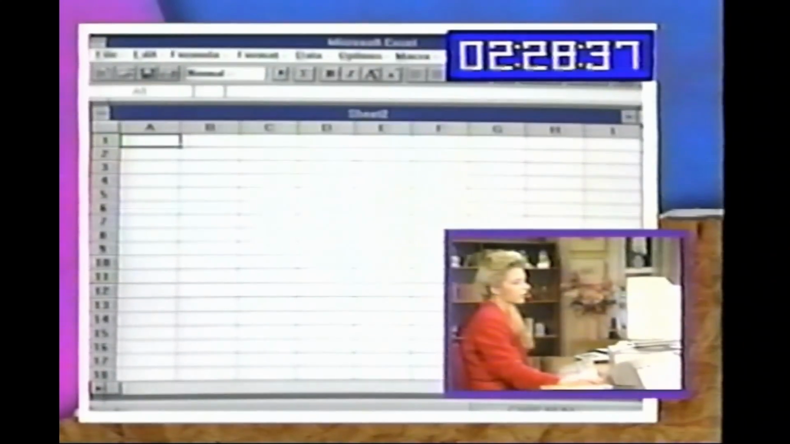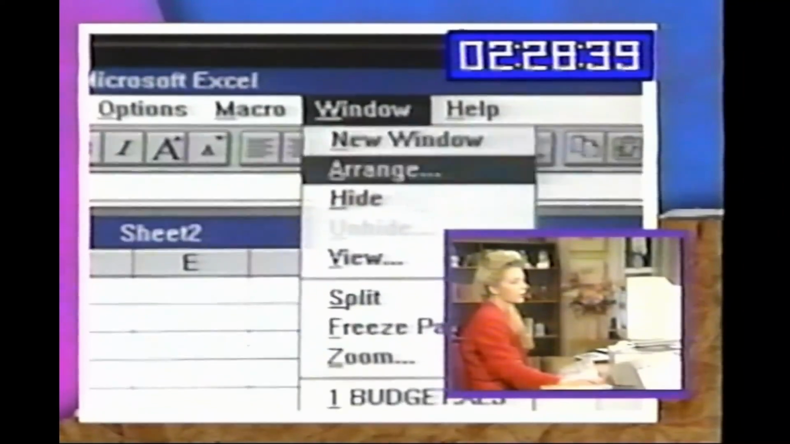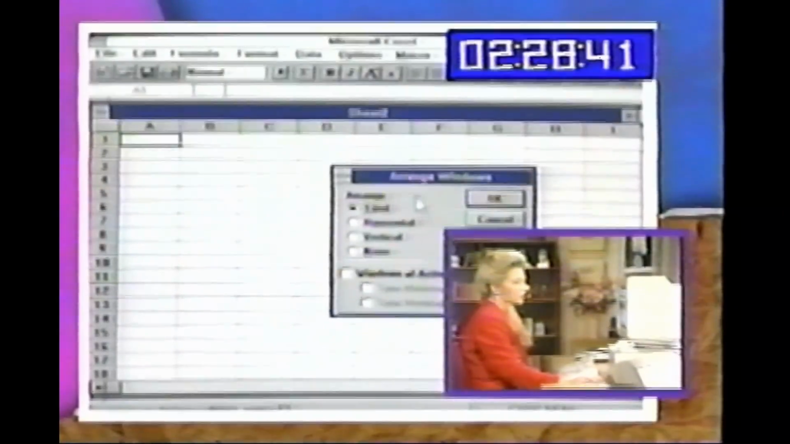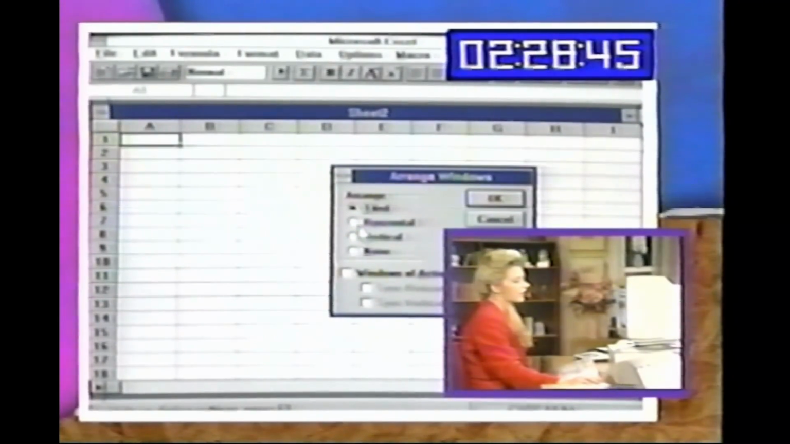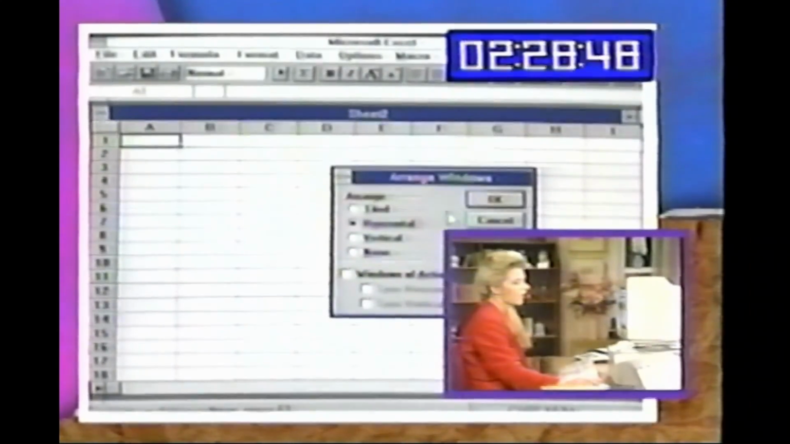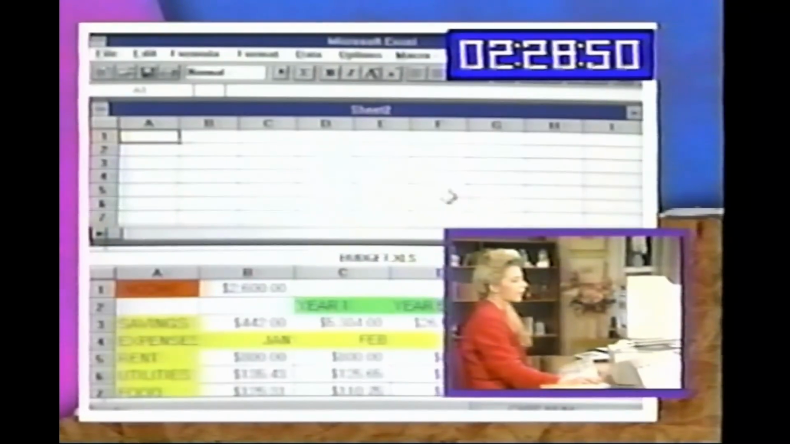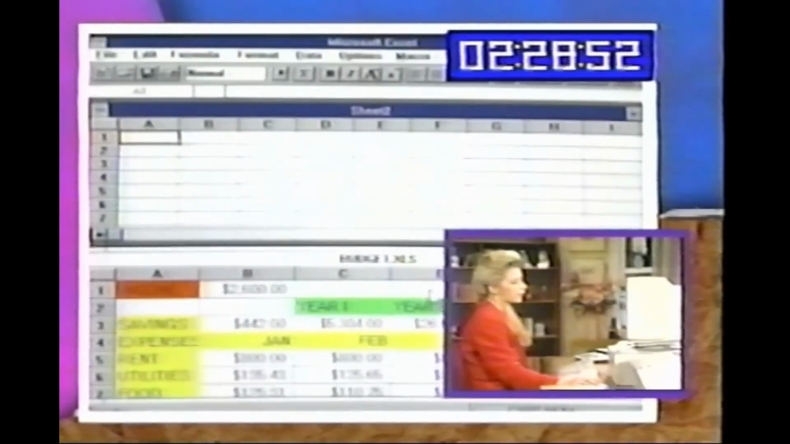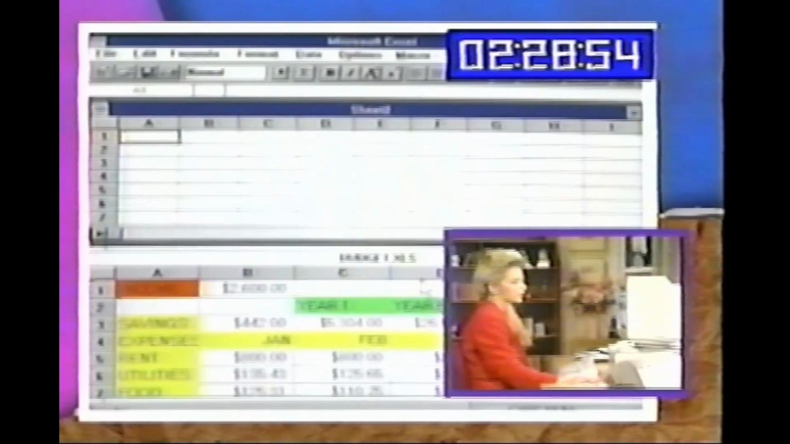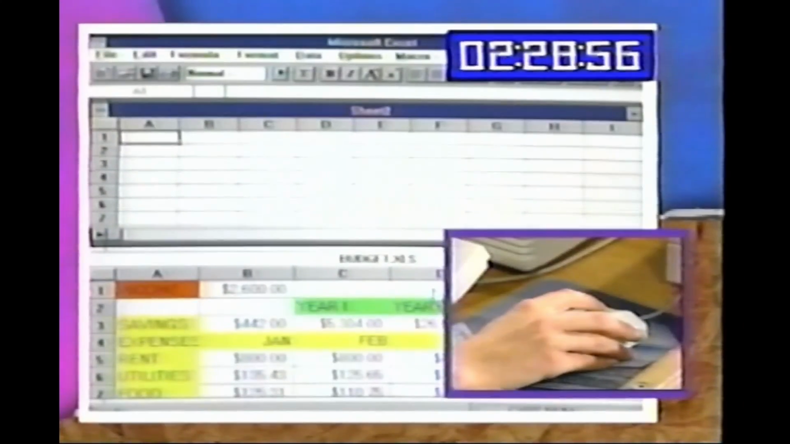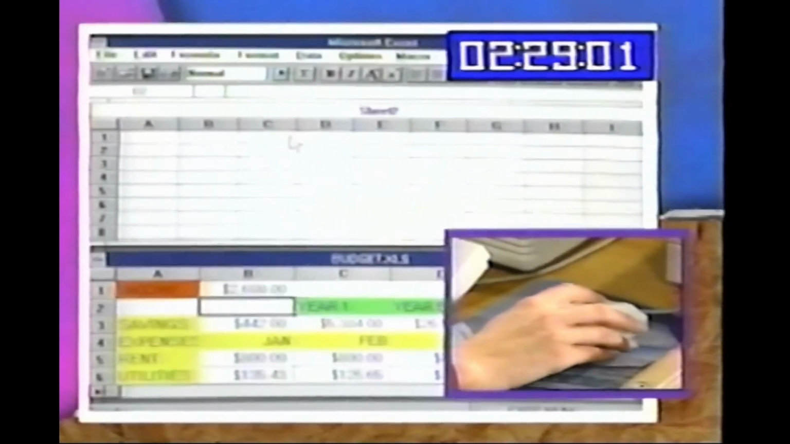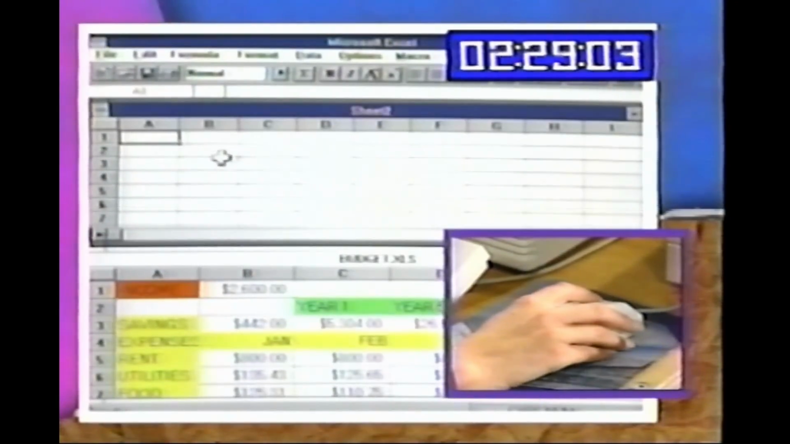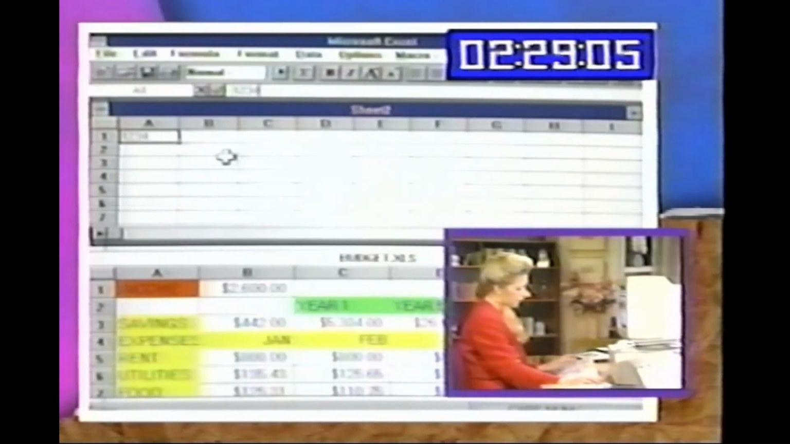Just point and click on Window, point and click on Arrange, and I arrange the 2 worksheets in one window. I like to see them horizontally, so I'll point and click on Horizontal, point and click on OK, and there's our 2 worksheets. Here's the one that we were using, and we go to that worksheet by just moving the mouse pointer and clicking the left mouse button, and here's our new worksheet, and we go there the same way. And once I'm here, I can type in information just as we did before,